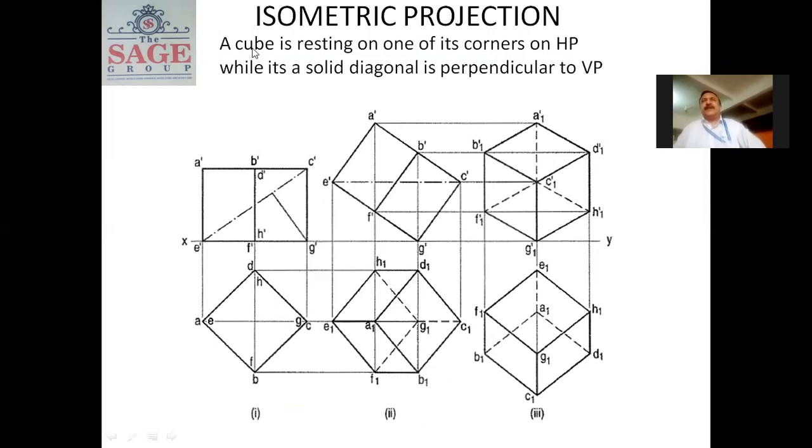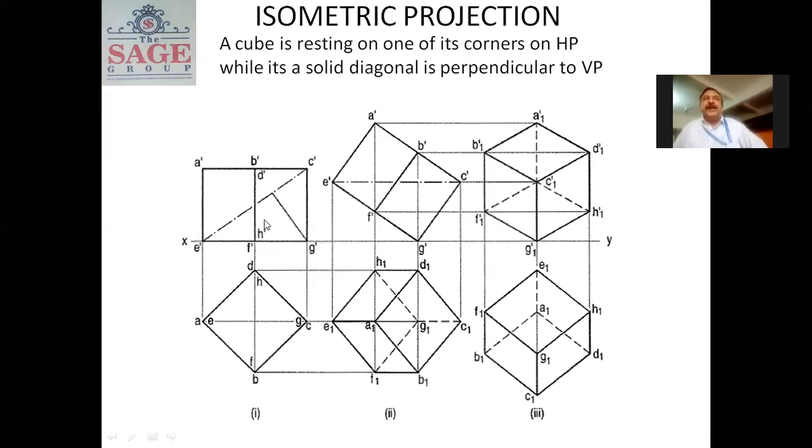Now a cube is resting on one of its corners on VP. So the base, a square, we have to draw like this, means it is resting on a corner. And this is our front view. Now just remember that in top view we have to draw a square and in front view we have to draw a rectangle. And here two faces are visible. Remember this thing, in front view two faces are visible.